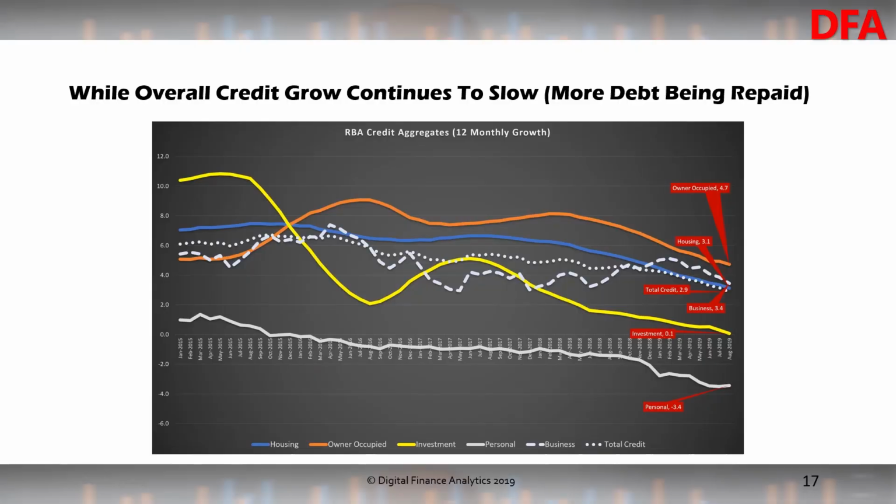It'll be interesting to see what happens ahead. But of course, the overall credit growth on page 17 is as low as it's ever been, with total household credit at 3.1. Investment lending is still well down. So the credit engine, to my mind, is not firing particularly strongly at the moment. And that's going to be an interesting conundrum for the banks. It's going to be an interesting conundrum for the government.